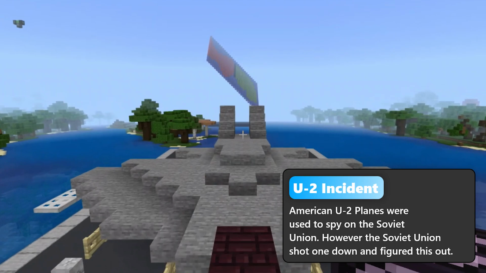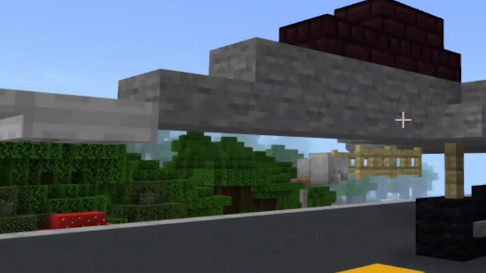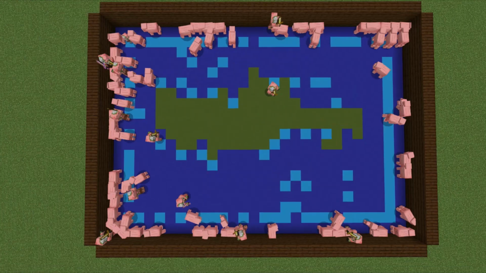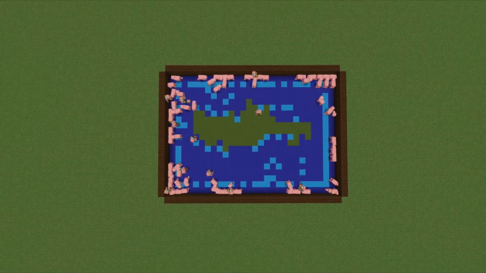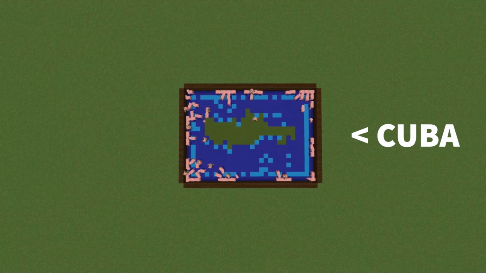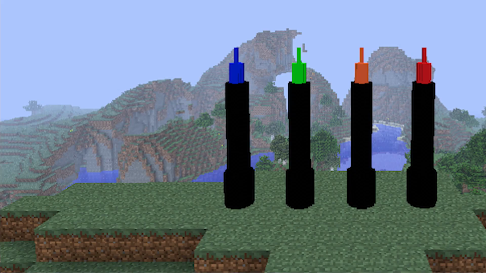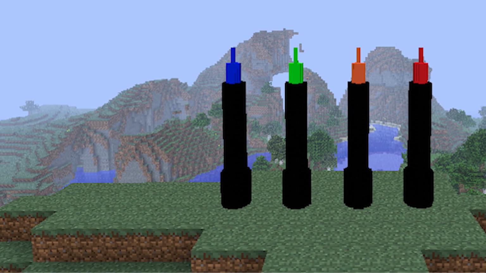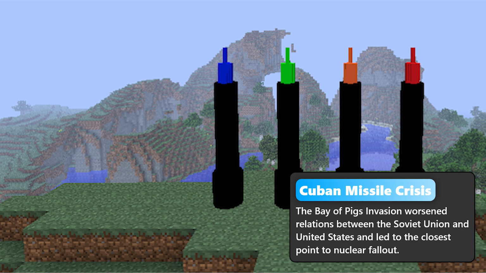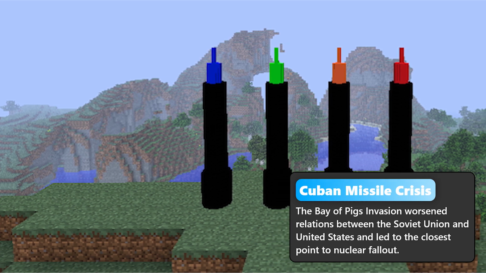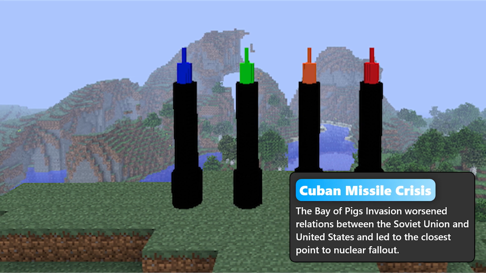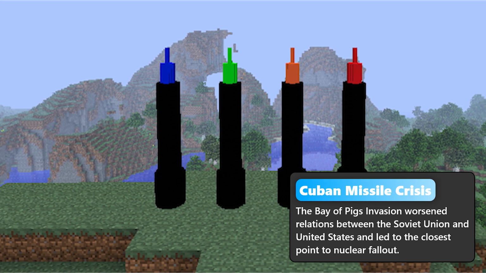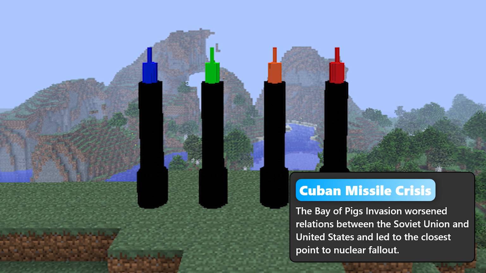This clearly showed that the United States was spying on the Soviet Union. Just 1 year later, the United States led a failed mission called the Bay of Pigs invasion. This mission was meant to overthrow the Castro regime of Cuba. Shortly after, in 1962, the United States learned that the Soviet Union began missile shipments to Cuba. This went against the idea of MAD, mutually assured destruction, because it meant that the Soviet Union could hit the United States with nuclear weapons a lot faster than the United States could.